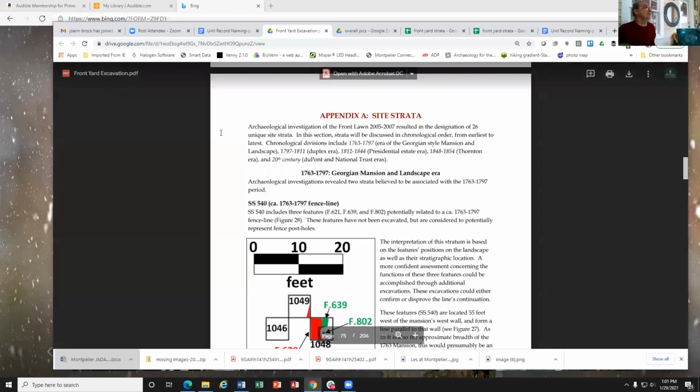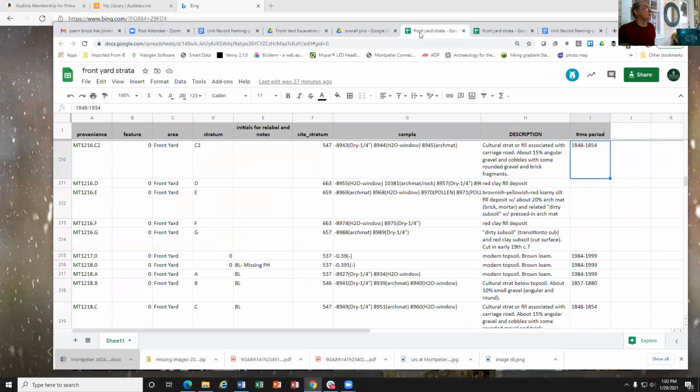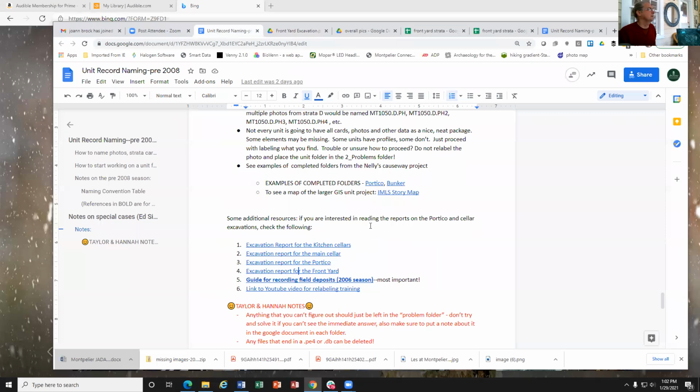What's going to be great is once we get all this stuff into GIS, we'll be able to make a site strata map showing where, for example, all the units with site stratum 547 are on a GIS map. And so that will eventually be, I think,